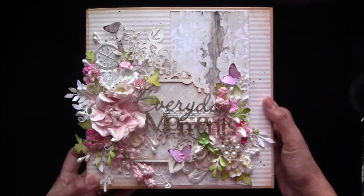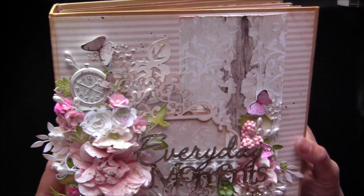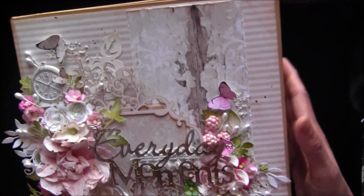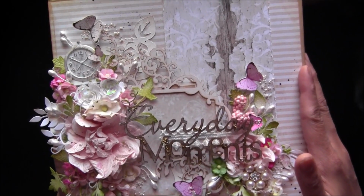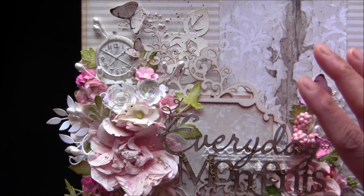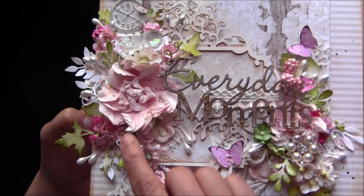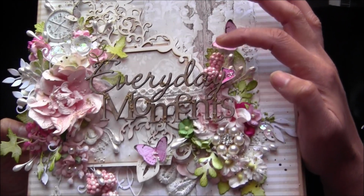So as you see, this first page is full of prettiness here. All the shabbiness is going on, and as I mentioned, the basic album is Prima's memory hardware album, and this one is also one of Prima's resin pieces, which they released long back. And of course I have used a Prima flower bouquet here, some of the Prima paper flowers here, and some here,